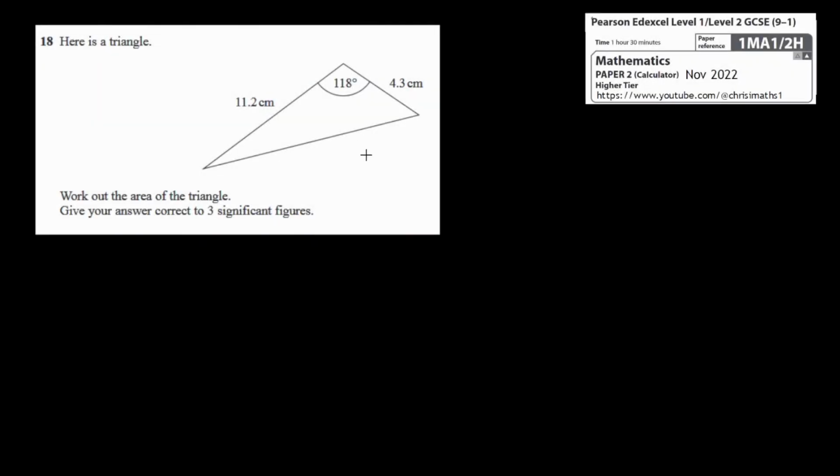Question 18 produces a relatively straightforward question about triangle areas with a non-right angle triangle. The area of this triangle is given by a half AB sine C, this being A, this being B, and this is angle big C. All you've got to do is pop in the values, pop it into a calculator, and you'll get that the area is equal to